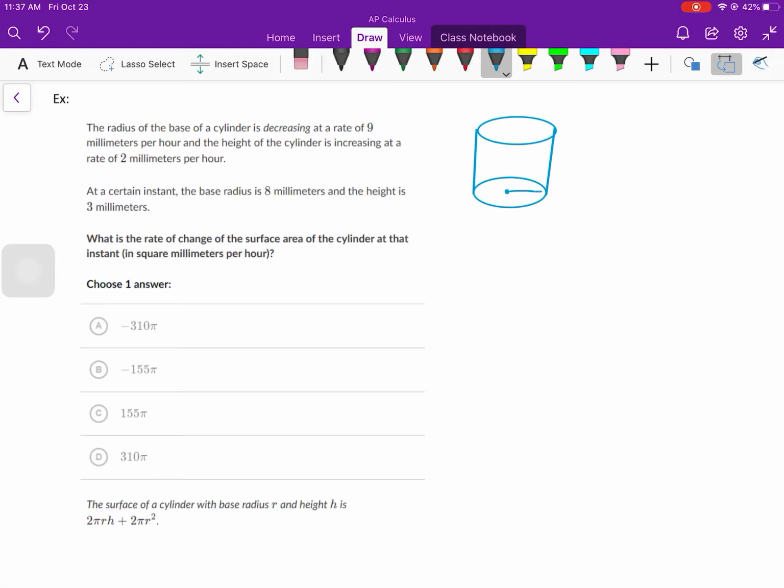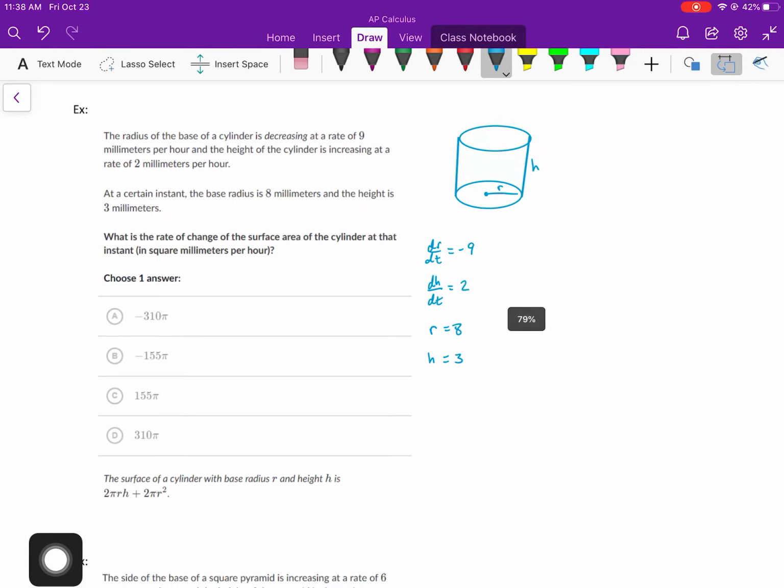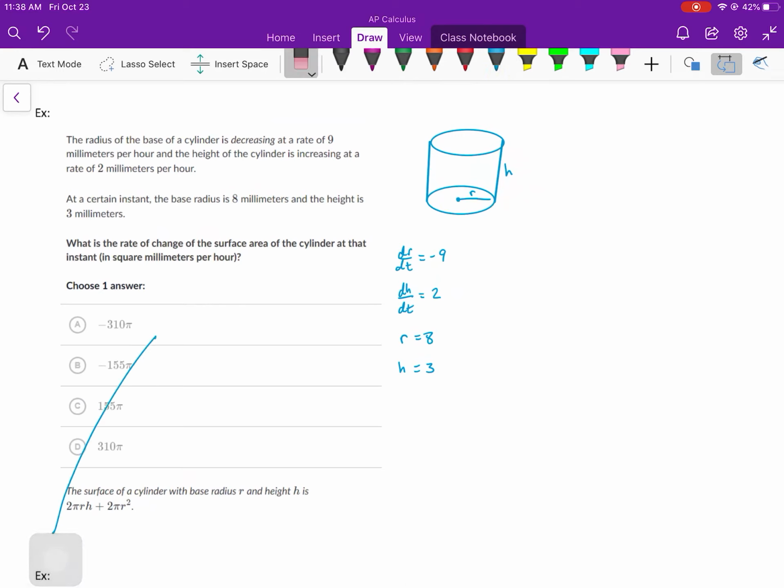So we have this base radius, and it's decreasing. So dr dt, the change in our radius, is going down by 9. And then this is the height, so dh dt is increasing by 2. Then at a certain instant, the radius is 8, and the height is 3. Sometimes they're going to leave one of these unknown, and we're going to have to go to this formula to solve for it. Just a heads up, but I think that's one of the future assignments. So what is the rate of change of the surface area of the cylinder at that instant? So surface area of a cylinder was given to us down here, 2 pi rh plus